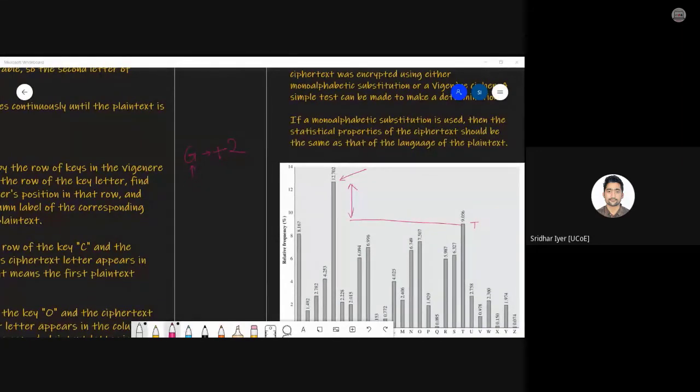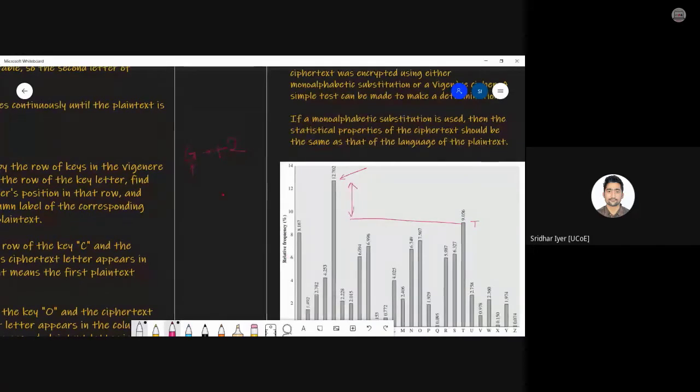This is how the attackers first try to break the cipher. They might think that there is a difference of +2, or that it might be a monoalphabetic cipher with a shift of 2. Am I clear? Am I making any sense? What the attacker will now try to do is simply subtract, or shift the ciphertext back, by 2 positions. And if after doing that he comes up with some meaningful text, he will assume that this particular ciphertext is broken with a key of size 2. Am I clear?